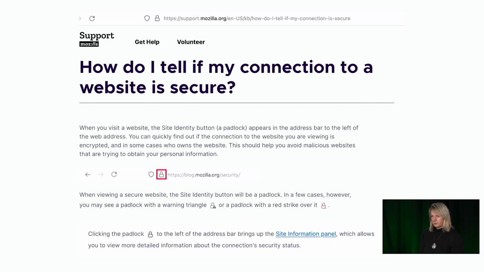On this picture, you see this little padlock in the center. This kind of padlock should be on the top part of every website. It really shows you that this website is using an encrypted channel and it's secure.